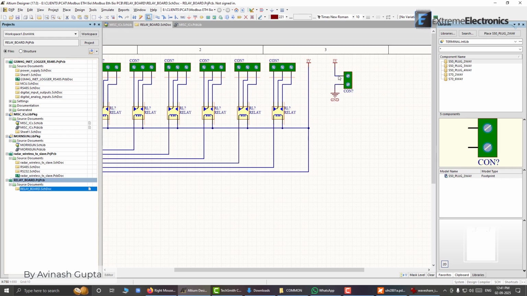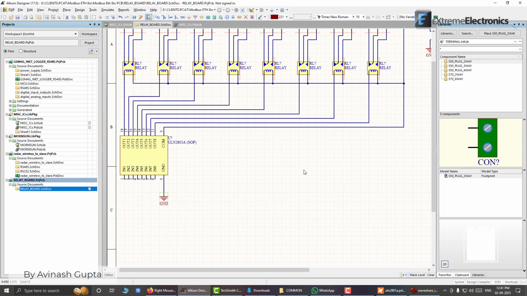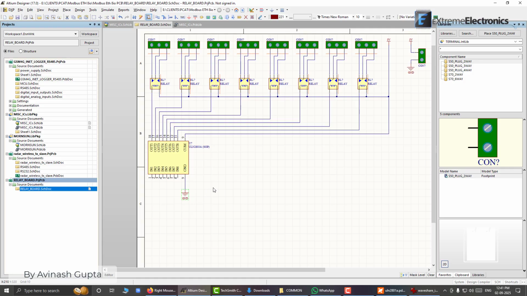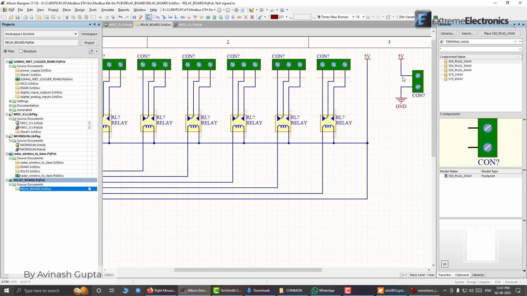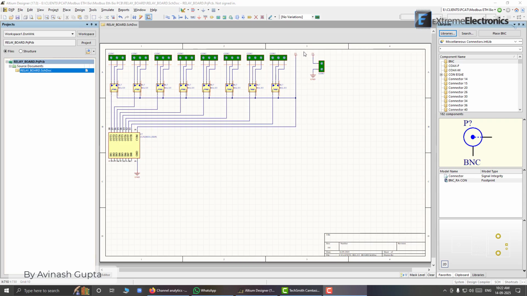And here one important concept comes. We don't have to directly connect these two pins using wire. It can be done using net names, the way I am doing here. So the name of this net is also 5V, the name of this net is also ground, so it will connect to all the nets which we place like this, named like this, ground like this, and symbol like this. So we don't have to make a physical connection here, it will logically connect to these points. But while creating the PCB we have to create an actual track from here to here. This is just for human understanding. Now let us get rid of this,